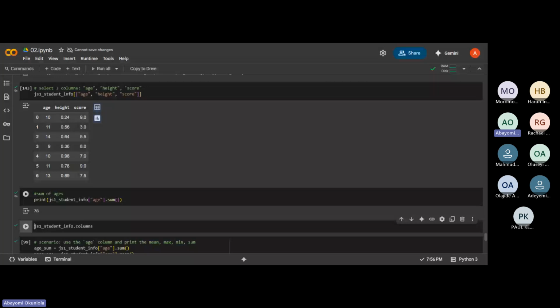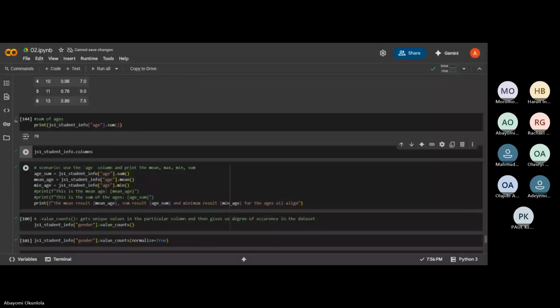Recall this is applied to numeric columns. Going on, if you want to check out the sum, the mean, and the minimum value of the age, you specify the data frame, the column name, dot sum. For mean, you append dot mean. For minimum, you append dot min.